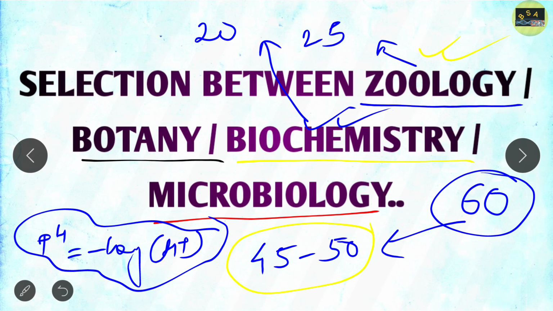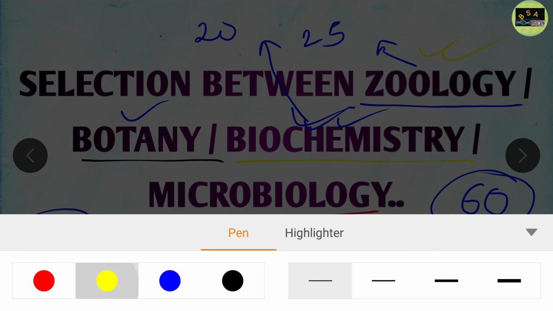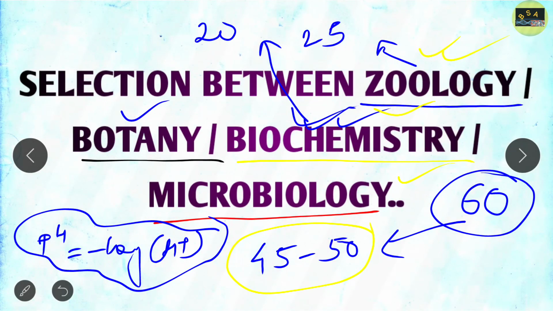This is for zoology students. If you are from a botany background, you can attempt botany and biochemistry. Apply the same trick yourself. If you are from a biochemistry background and know biochemistry, then you should apply biochemistry and microbiology. And if you don't know microbiology very well, then you should apply biochemistry and zoology or botany. It depends on whether you like zoology or botany more. If you are prepared for CSIR NET, then you should know the zoology and botany syllabus: ecology, evolution, physiology, and also molecular biology and cell biology.